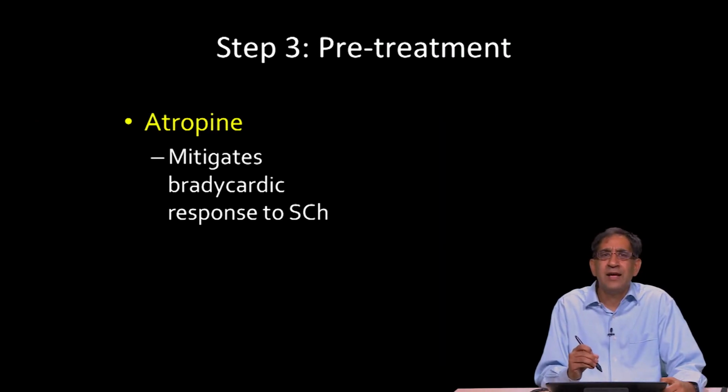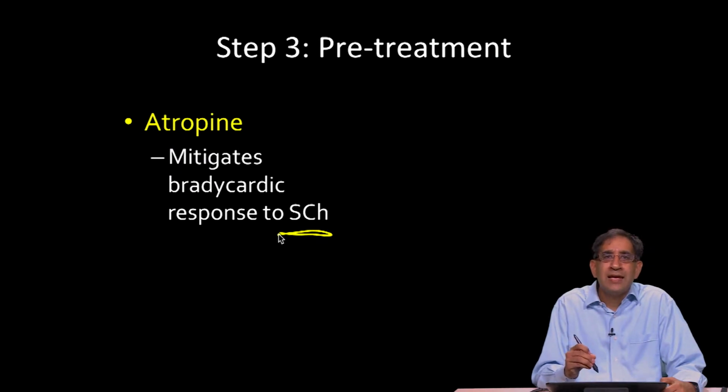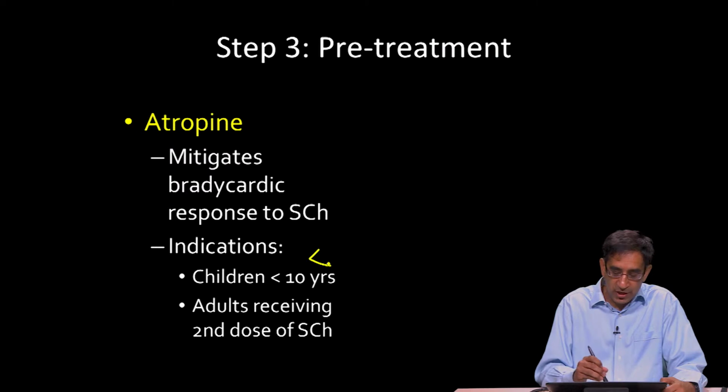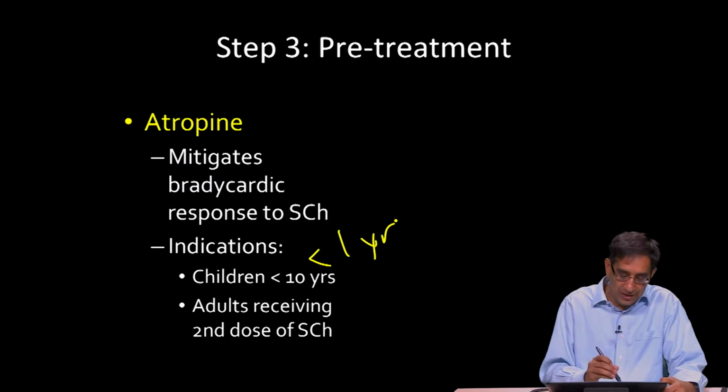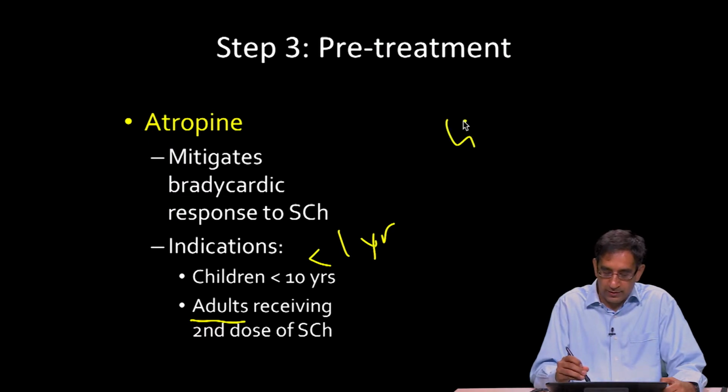And then finally, atropine is a medication that, when given prior to intubation, and specifically prior to the use of succinylcholine, can reduce or mitigate the bradycardic response to intubation and succinylcholine. Generally, we give it to children less than 10 years of age, but I would say it should be given to every child less than 1 year of age, and consider it in adults who are getting a second dose of succinylcholine. So pre-treatment medications are lidocaine, fentanyl,